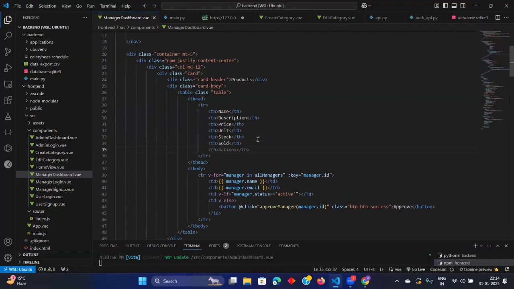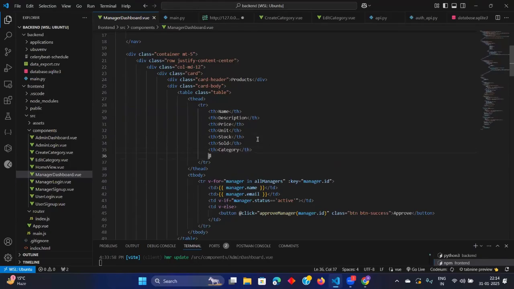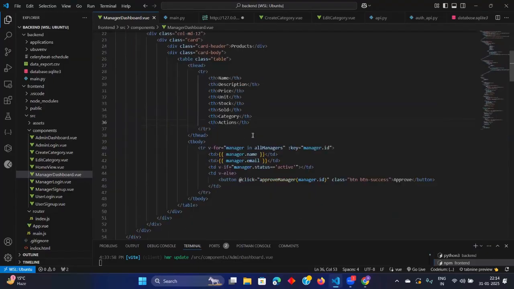And another thing we want to see is not this. We want to have category. Then we have actions. Actions means edit or delete it. Okay. So these all things are required.